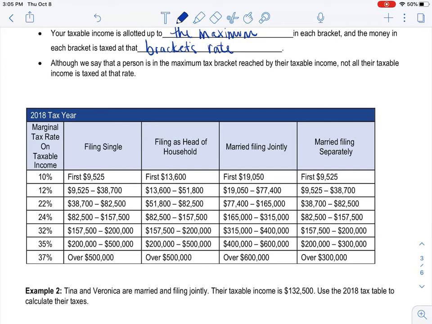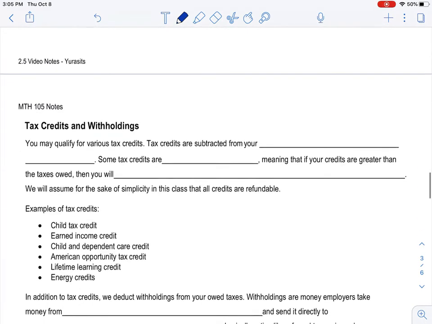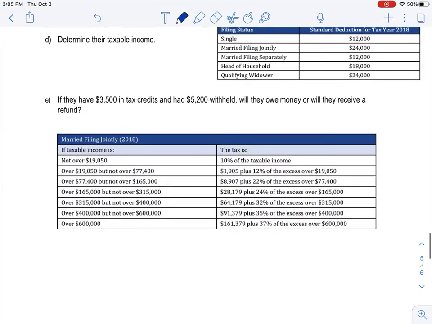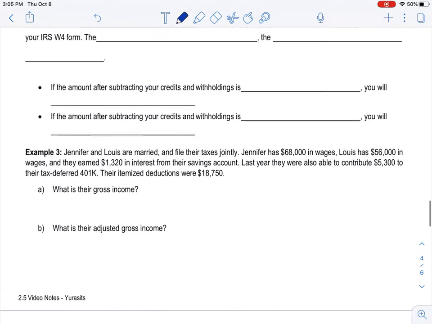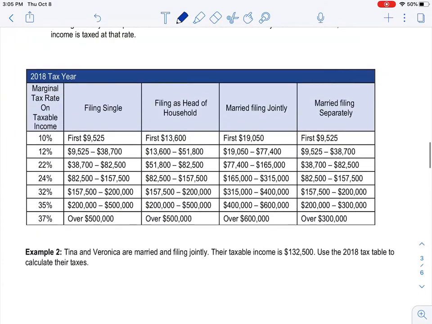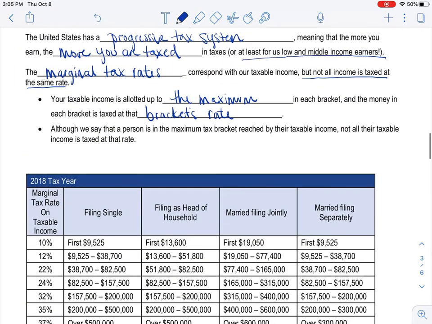I like looking at a table, for my brain at least, and this is pretty much what My Open Math uses. But okay, I'm going to go back up. All right, so back here, here's my good old